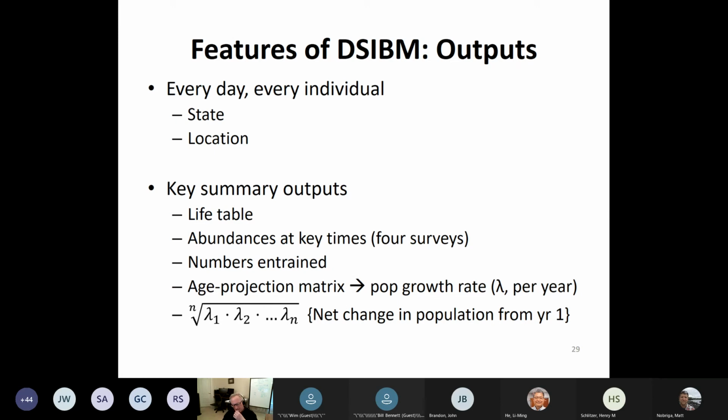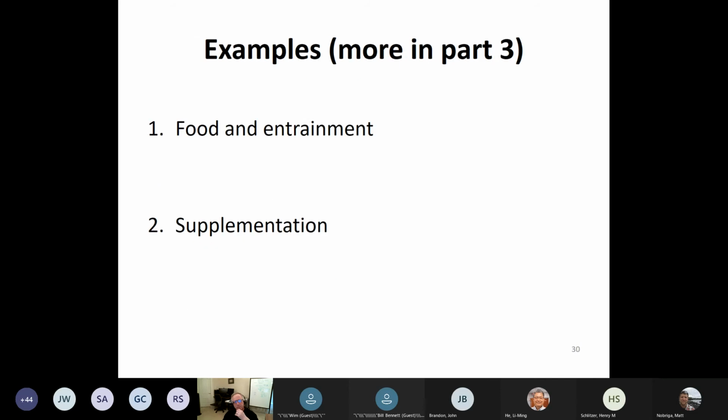We do numbers and trends, and what's special about this is we actually estimate a projection model from all the individuals each year and get how that population, when it reached equilibrium under those year conditions, would grow, called Lambda. If you take the geometric mean of the Lambda, it's how much the adult population would have changed from the beginning to wherever you calculate n, what year. So it's all these calculations to come up with a single value. And it turns out it's been quite helpful if it's properly interpreted.